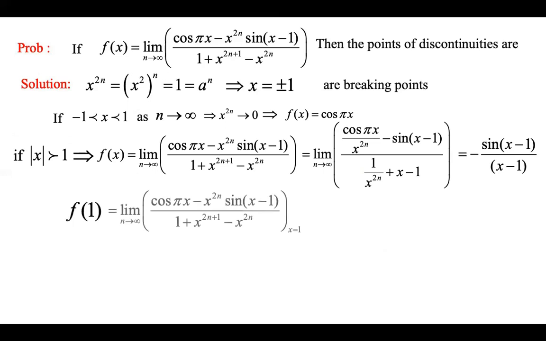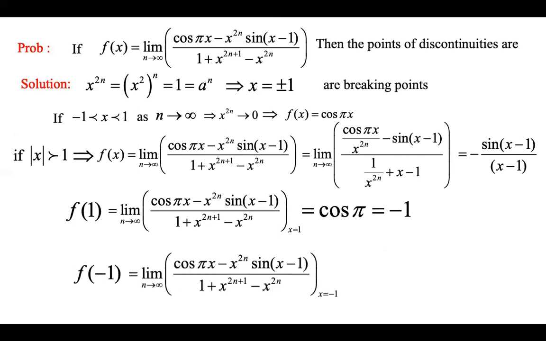At 1, when x is equal to 1, that total function evaluated at x is equal to 1. So that will become just simply cos pi. You can substitute x is equal to 1 straight away. It becomes cos pi. Its value is -1. And at -1, that is f of -1, again evaluate at x is equal to -1. You can observe that this function value will be sin 2 minus 1. Sin 2 minus 1, right? So the total piecewise function form, we got it.